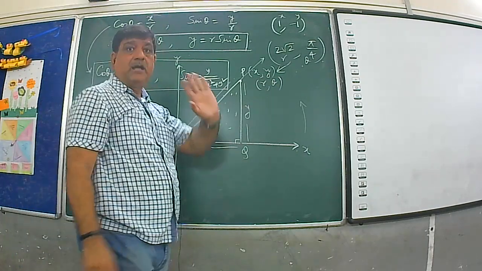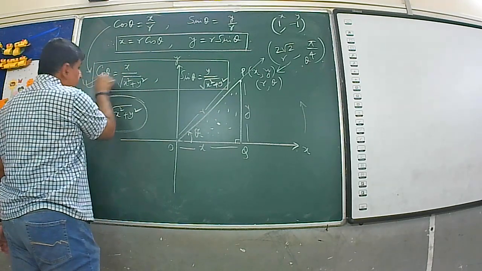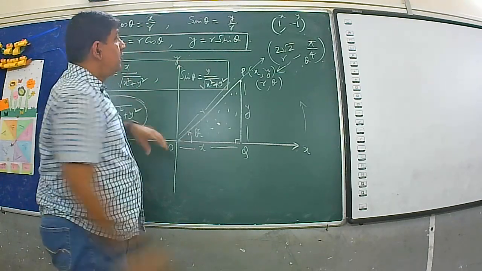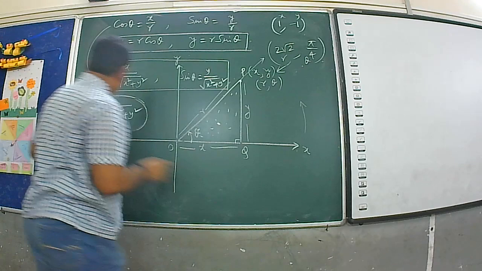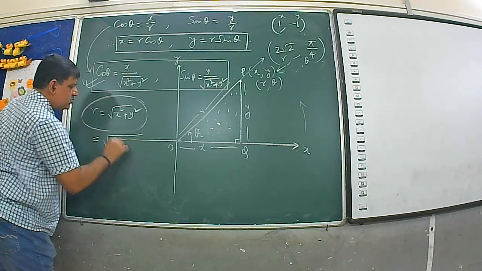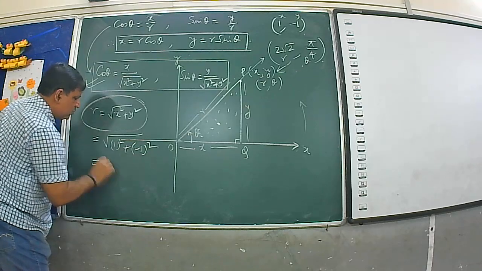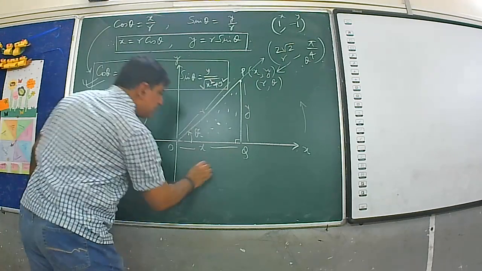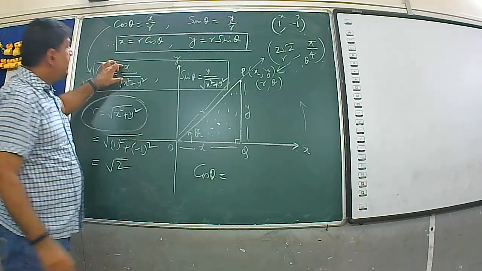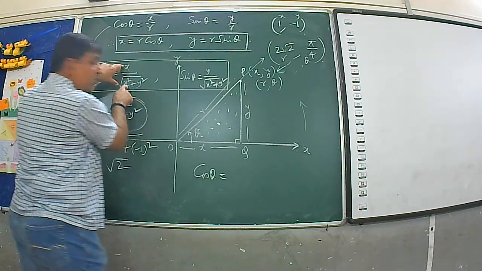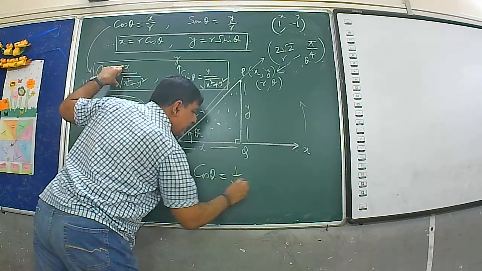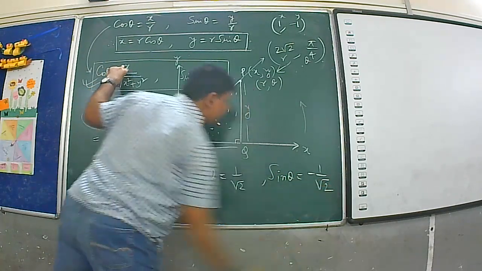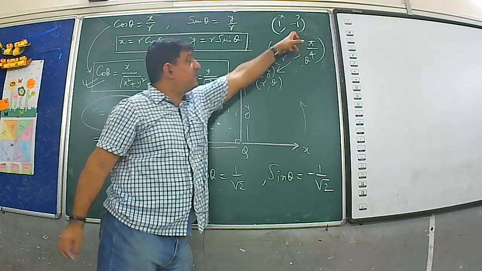How to calculate theta? For theta, you must use these two relations. Now try to find out the value of cos theta as well as sin theta. From here, if you see, the value of r is equal to root over 1 square plus (-1) square, that is root over 2. This is the value of r for this x and y. And what about cos theta? Cos theta is equal to x, which is 1, and r is root 2, so it is 1 by root 2, and sine theta is equal to what? It is minus 1 by root 2.